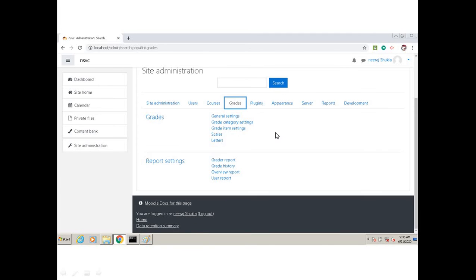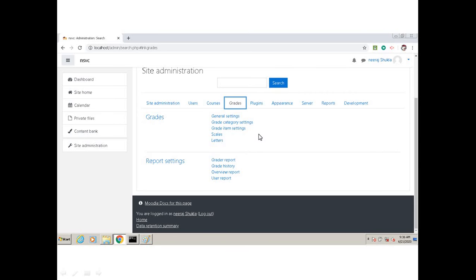Then we come to grades. Now you decide what are the general setting of grades. That will be going in a subsequent, actually one by one. What we will be doing, in episodes we'll be seeing the practical, how we'll create user, practically how we'll create courses, practically how we'll manipulate grades. So that we'll be doing. Presently we are having an overview here of what all we can do here. Okay, so that grade related things you can change here.